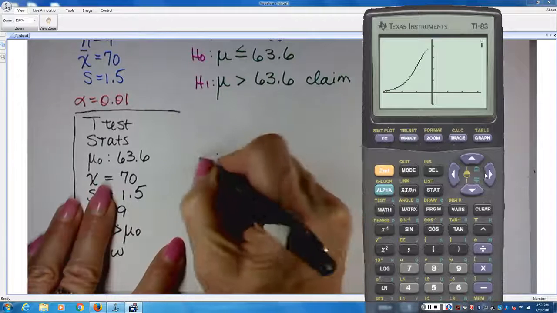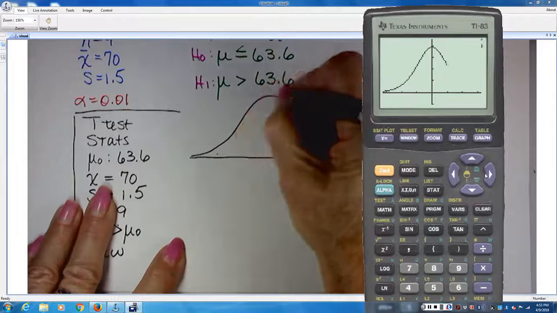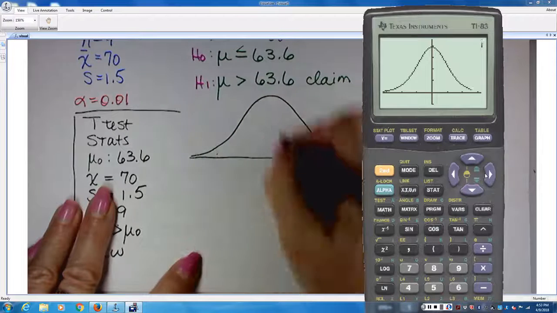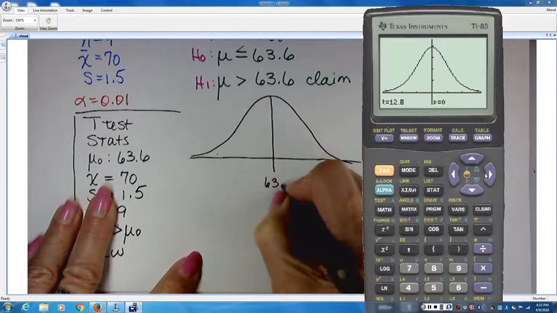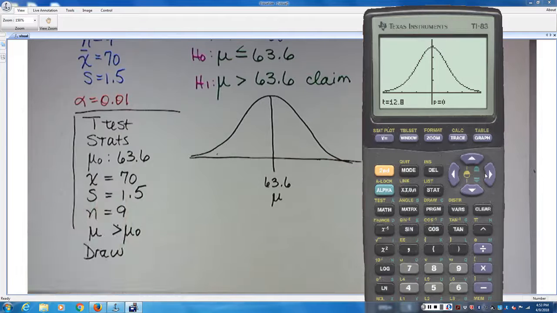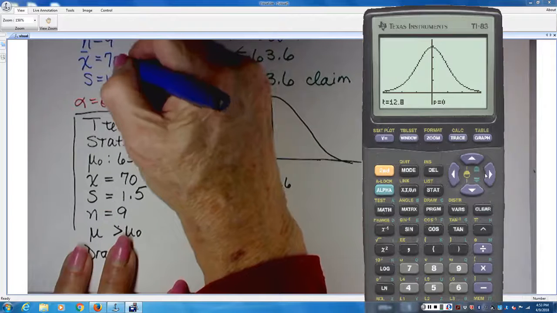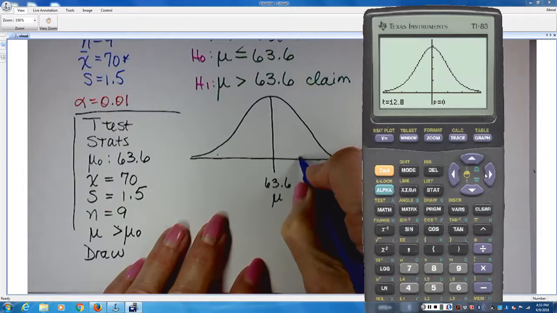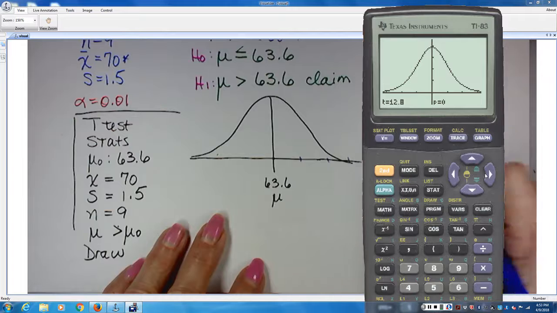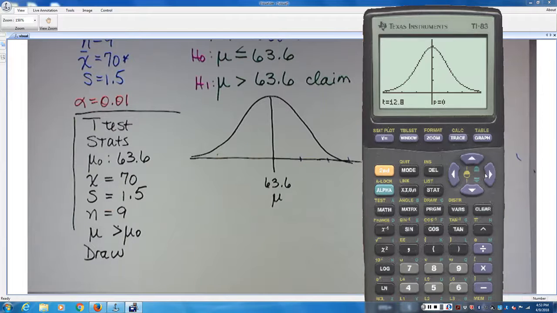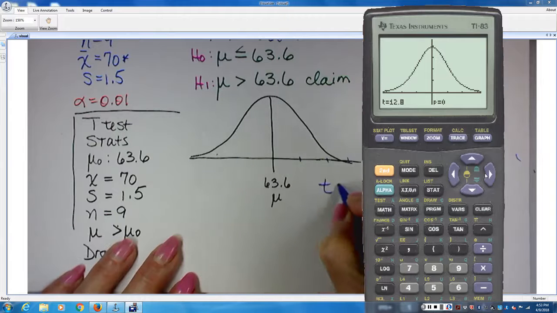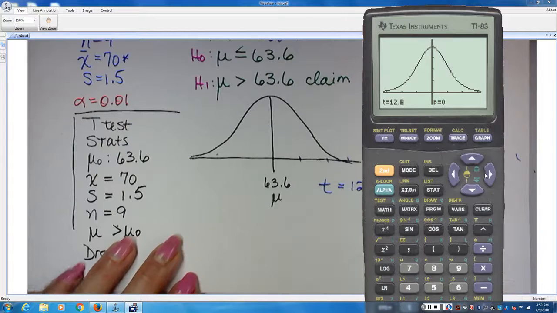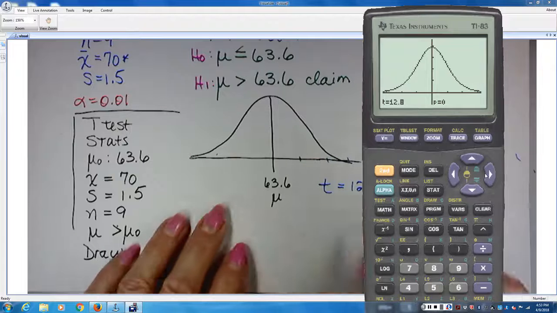And this is what we see. So there's the claimed mean. And it says that our sample mean, X bar, 70, is 12.8 standard deviations above the mean. So it would be just way off my paper. It will be so far up the curve that I can't even see it. And that's why the p-value